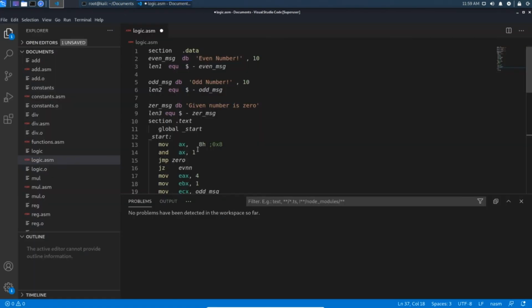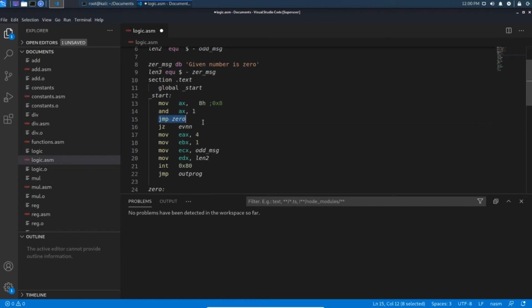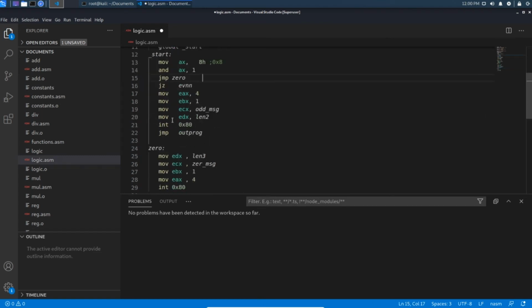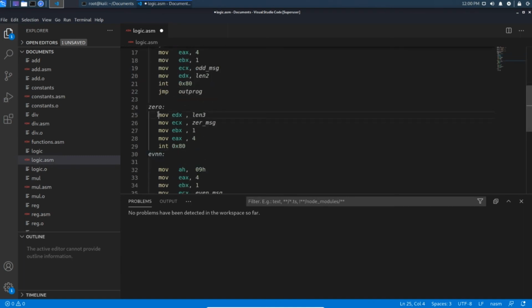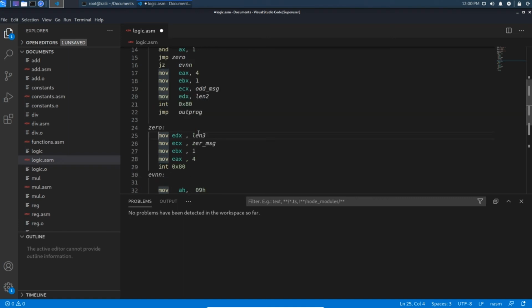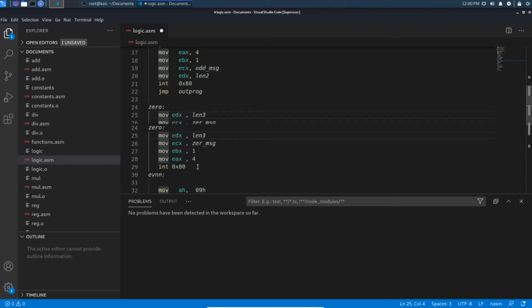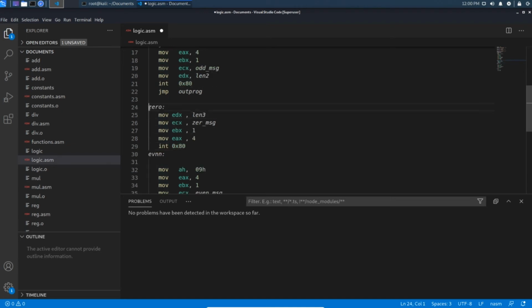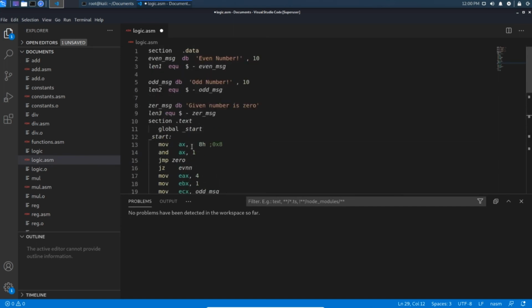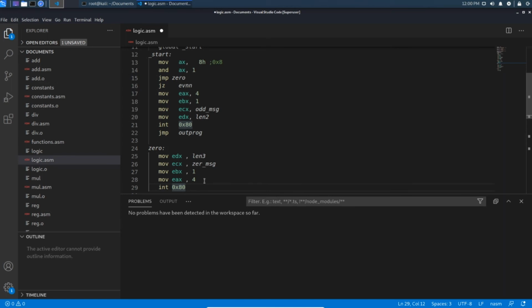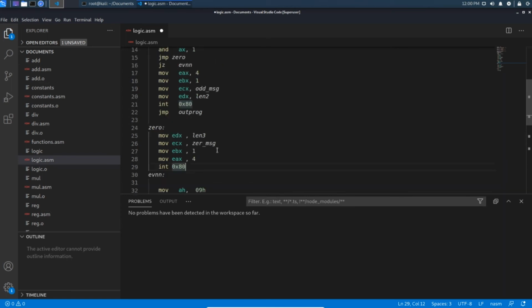See here, I used JMP zero and I used JZ even_n. Here our zero function will get executed whether the condition is false or true. So even if I give the number as 1 lakh or something, or 0, the zero function will get executed compulsorily. So the zero message will get printed even if the number is not 0.